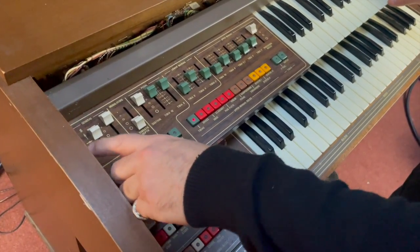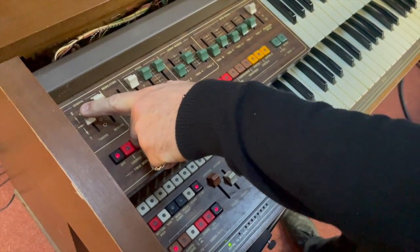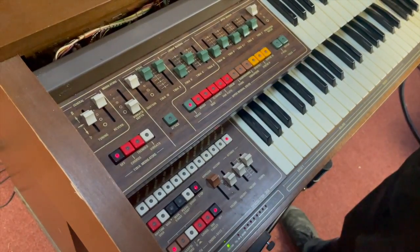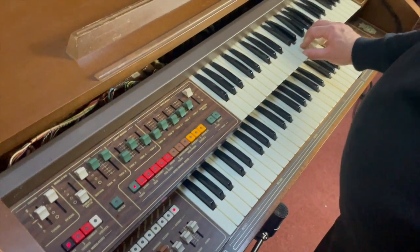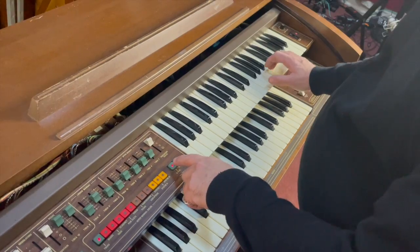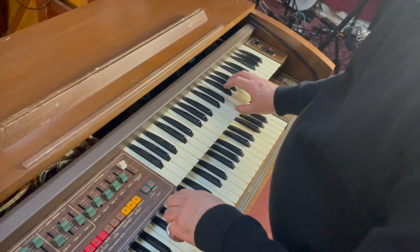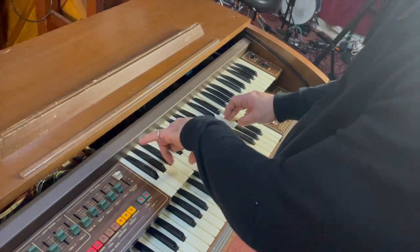We've also got a tuning, which is kind of quite useful. And then there's a percussion setting. Oh, it's one of those repeat things. And the percussion repeat